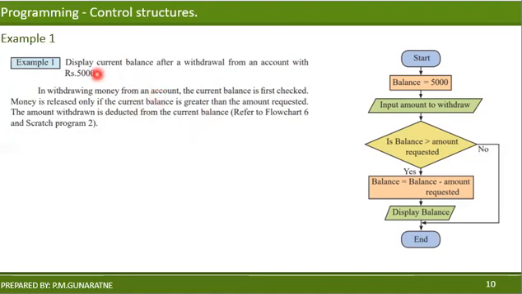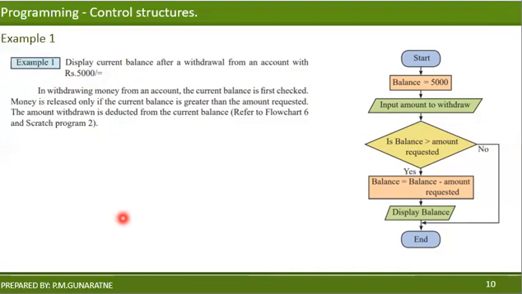Okay, right. Now there is a situation if the user tries to take more than 5,000, what happens? Will it allow? At the ATM, will it allow? The user has only 5,000 in the account, but he's trying to withdraw 6,000. It is not possible. So we have to verify whether the amount that he requests is lesser than or equal to 5,000 rupees as well, right?